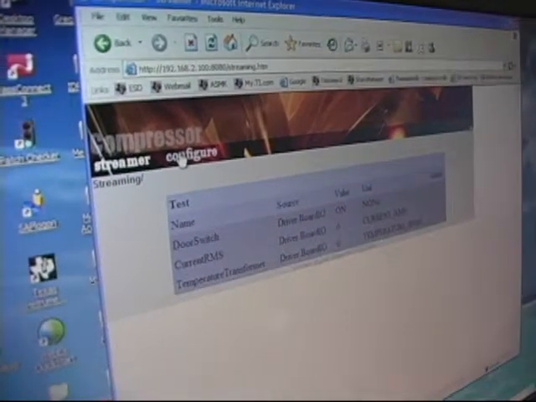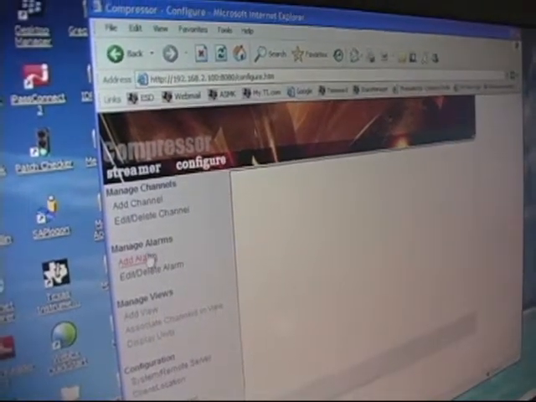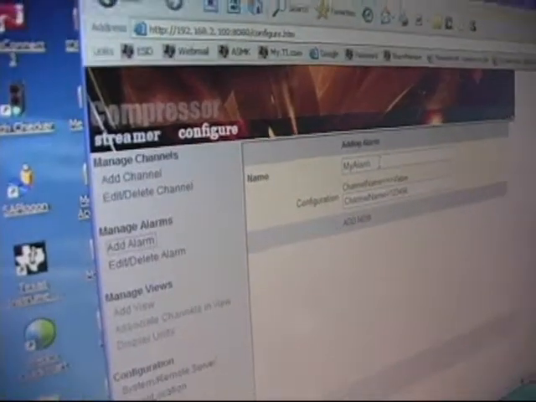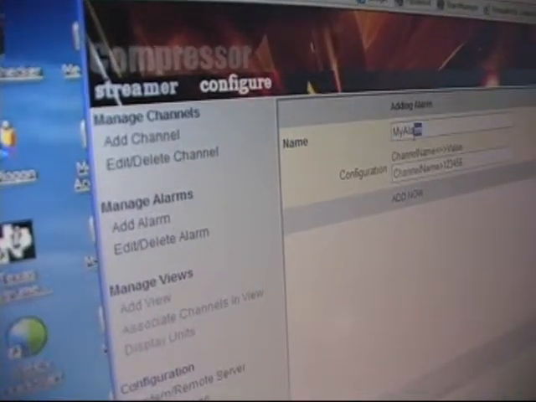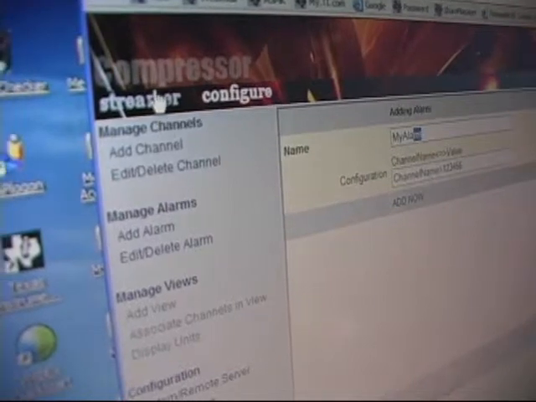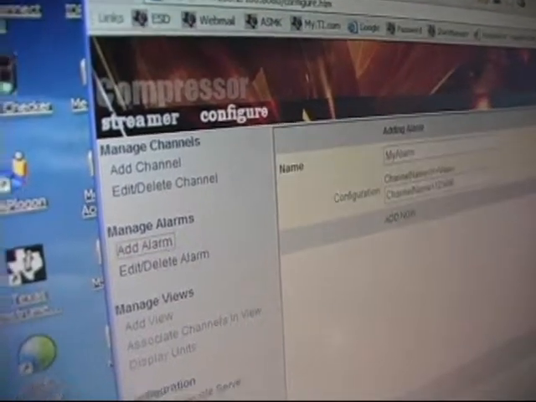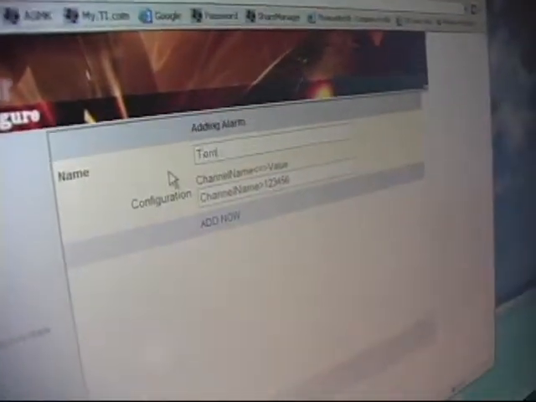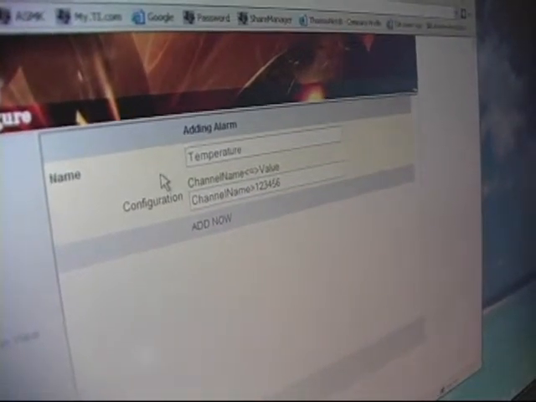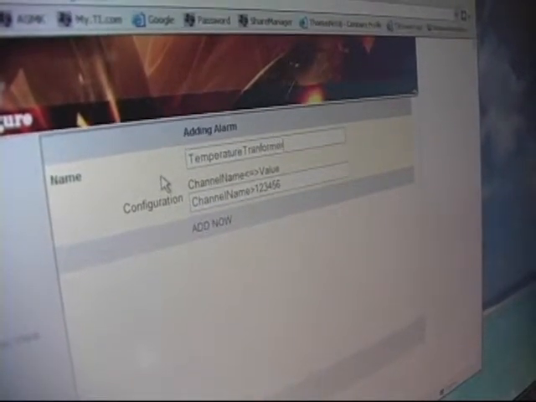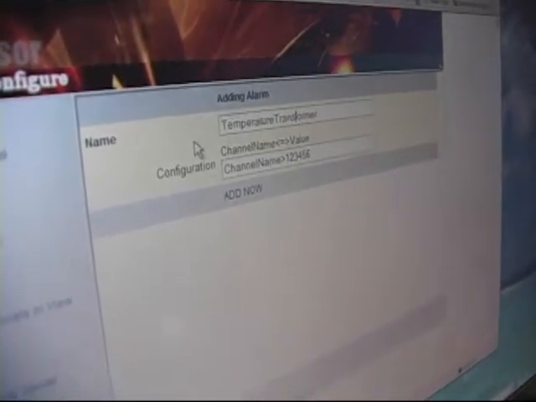Our system is so easy to use that I can also configure and add alarms in the event that we have certain thresholds that we want the system to alert us about. As you can see, we clicked on the alarm. We're going to go here and add temperature transformer, and we're going to configure this for the node